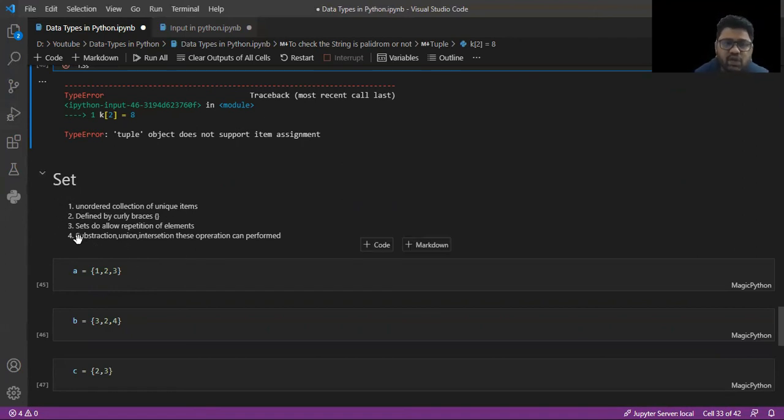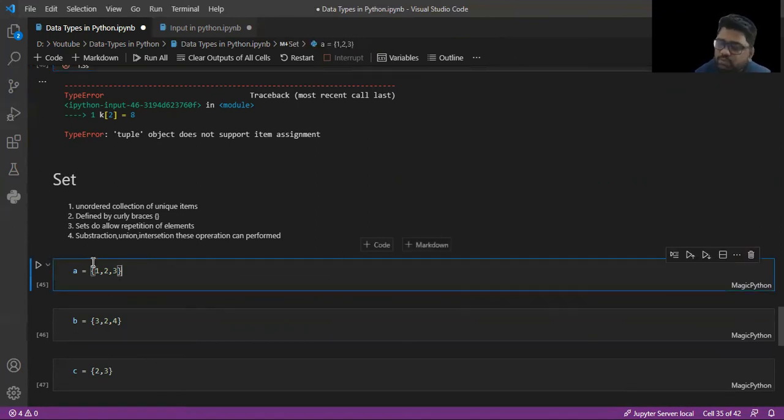We will learn all these operations, what is subtraction, what is union, what is intersection, in the next video, because this is super important. We use the set data type in data science very often for data cleaning purposes.